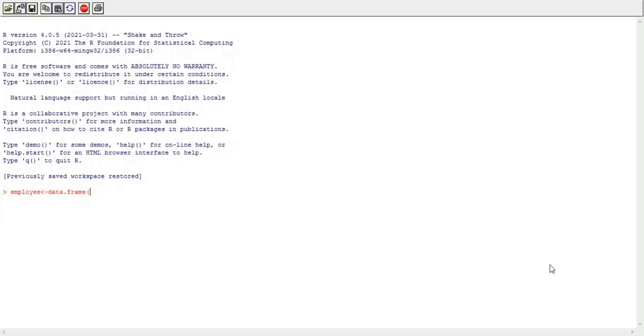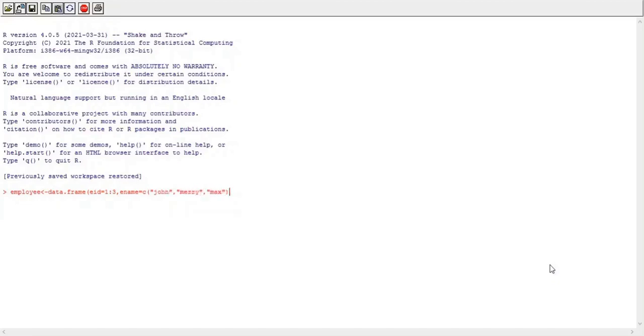Here, first I want to store employee IDs. I am storing information of 3 employees. Then I am storing the name, ename, which is a character type vector.